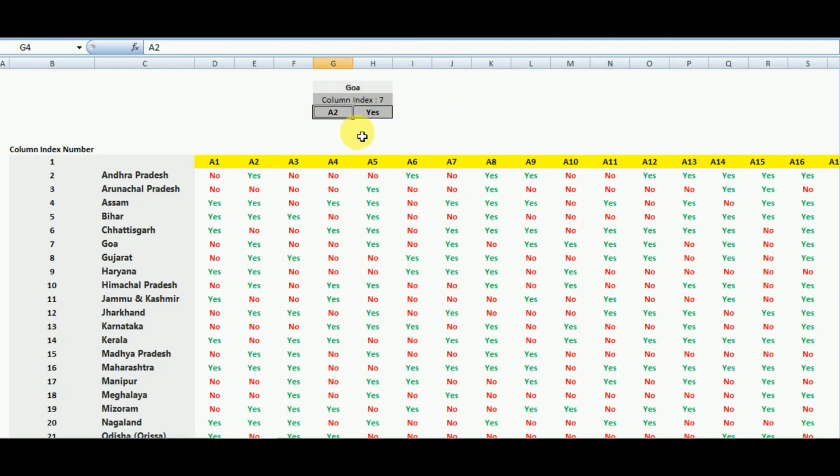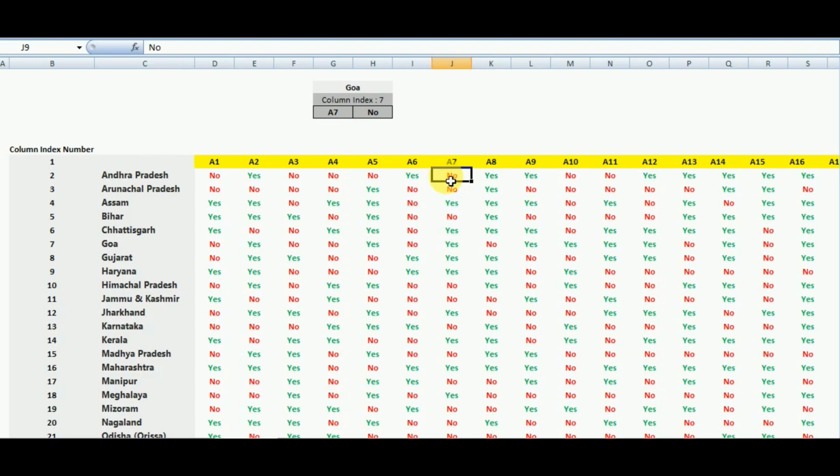But if we do it through the HLOOKUP formula, we can do the exercise within a fraction of a second. For example, if we look up Goa as a state and check the presence of the contractor, then we must get the solution. For that we have to apply the HLOOKUP command.